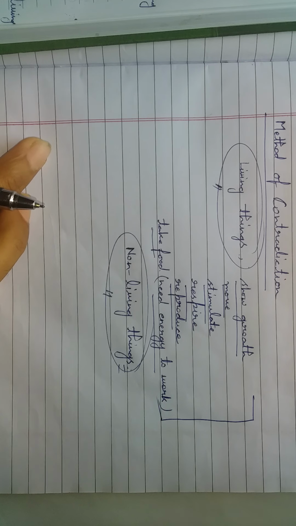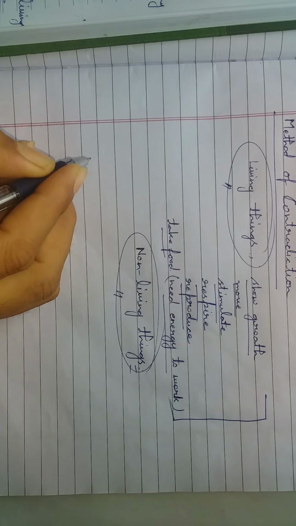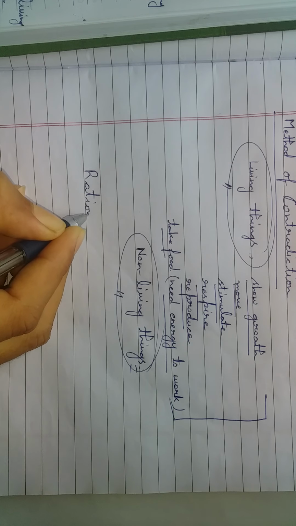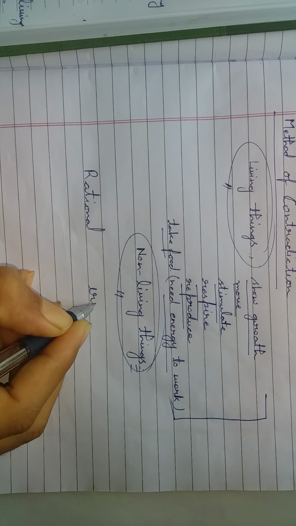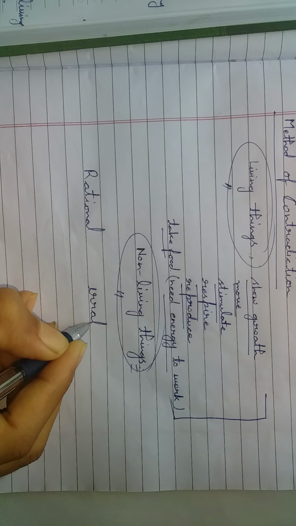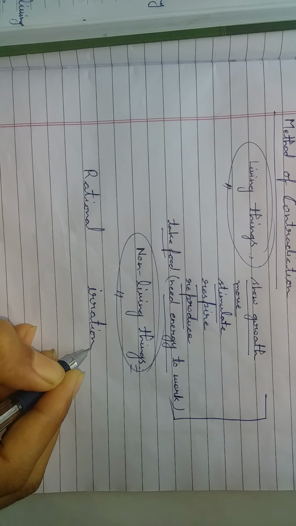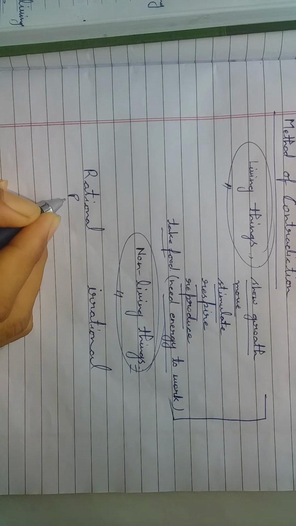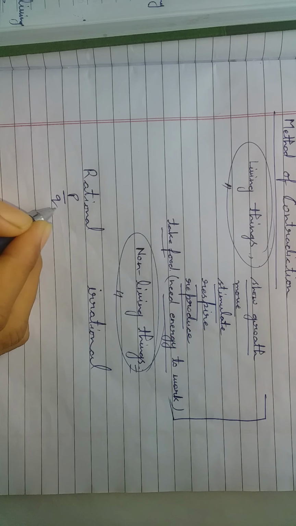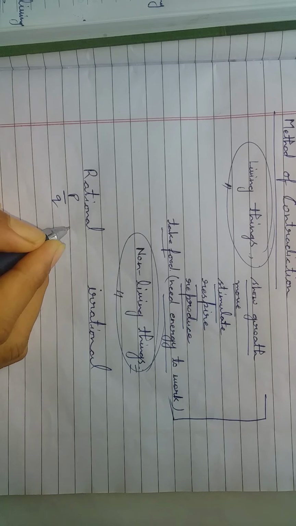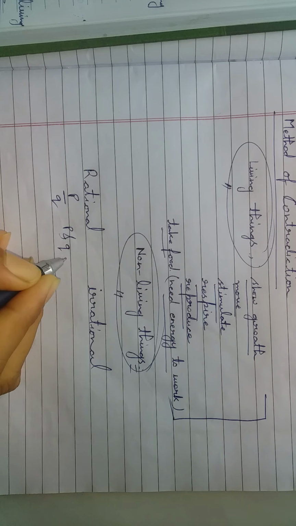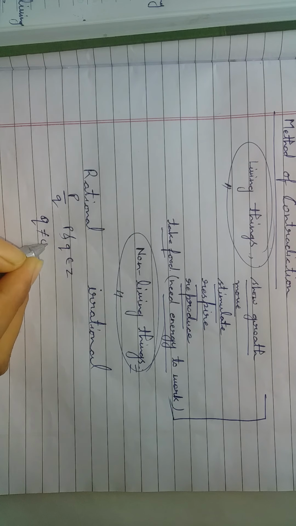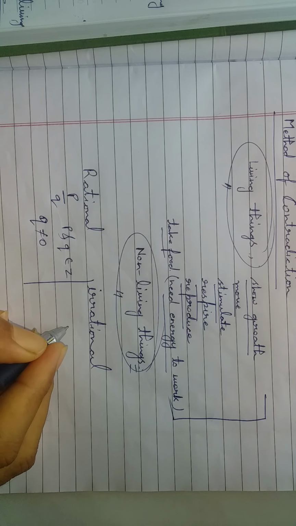Clearly, we have to prove whether a number is rational or irrational. If the number is not rational, if the number cannot be written in the form of p by q, where p and q are integers and q is not equal to 0, then certainly it will be what? It will be an irrational number.